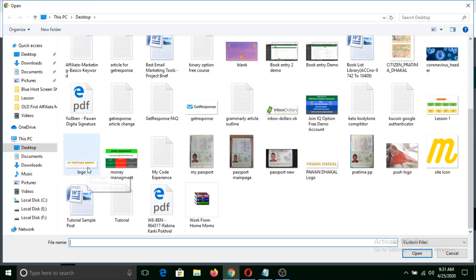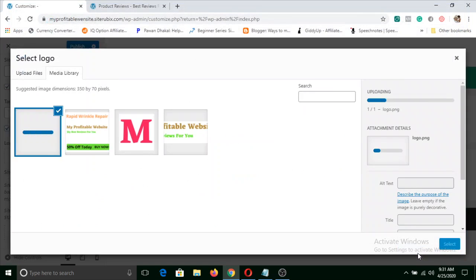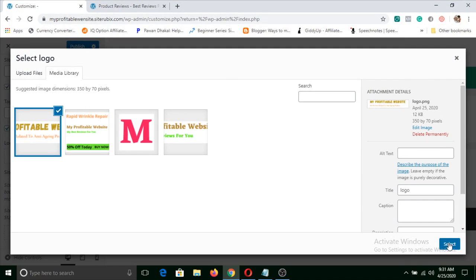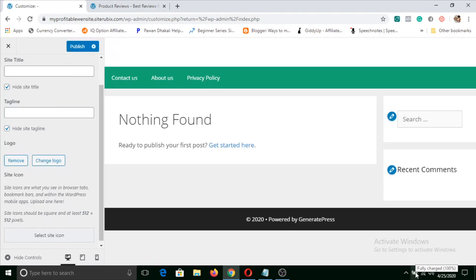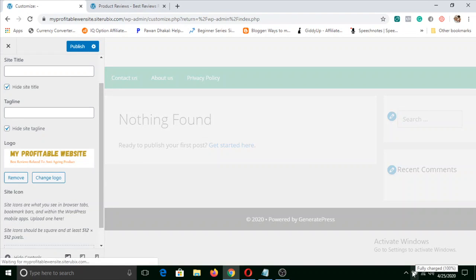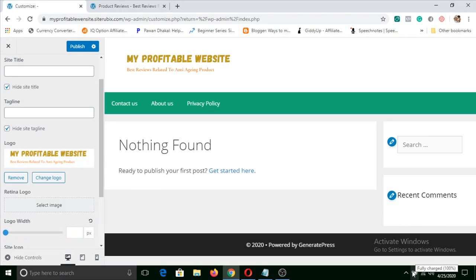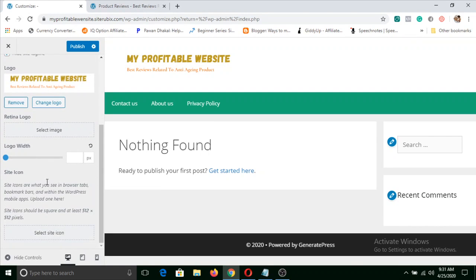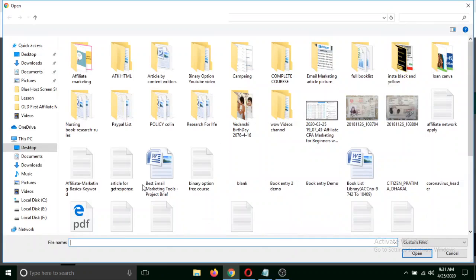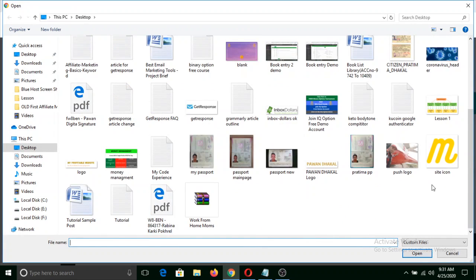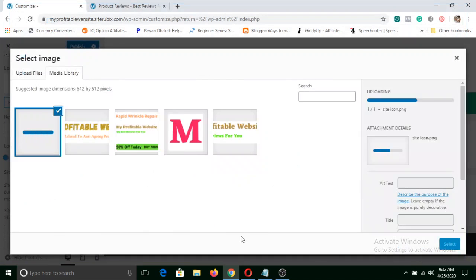and here is our logo. Click on open, and you can click on select, and you can click on crop image. Similarly, come below, and here you can see site icon. Select site icon, and upload files, click on select file, and click on your site icon.